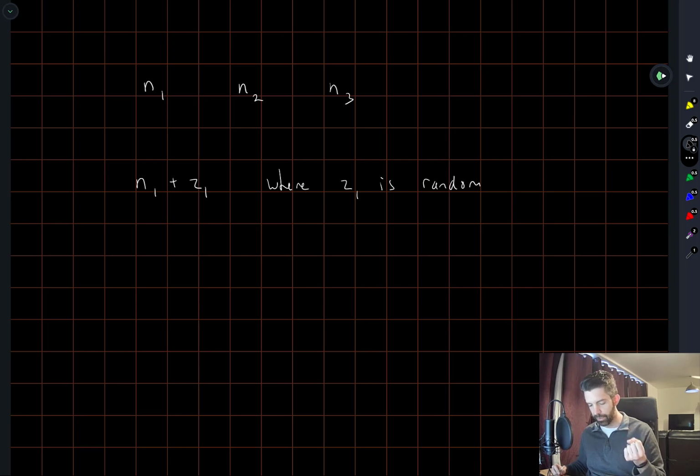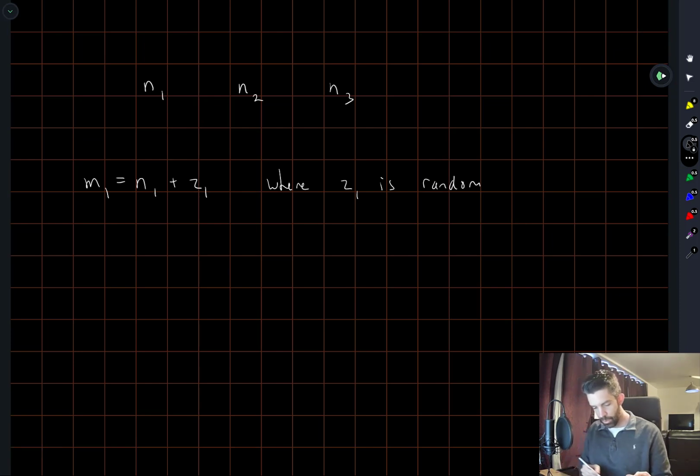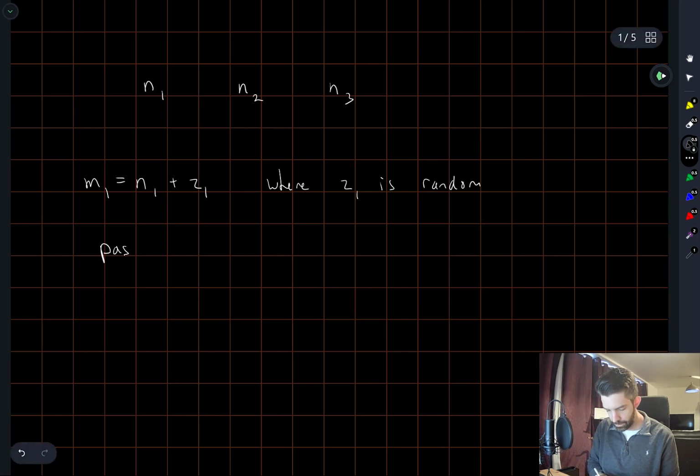They're going to take their secret number and add a single random draw out of a hat from some distribution, call it Z1. We'll call this M1, where M1 stands for message. What they're going to do is pass M1 to